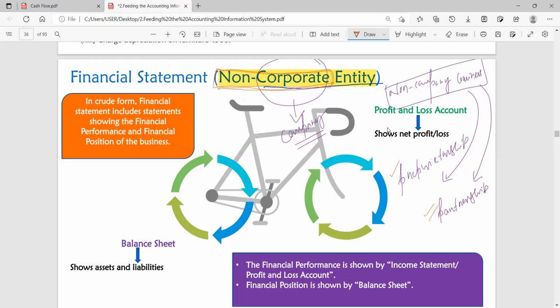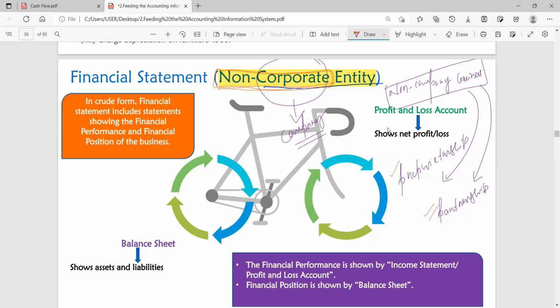So we go by that general understanding in accounting, but there is no law, no regulation per se